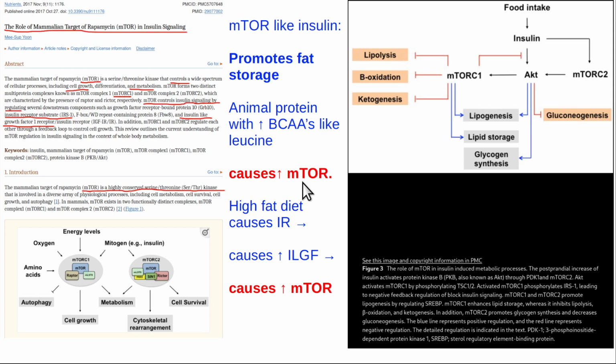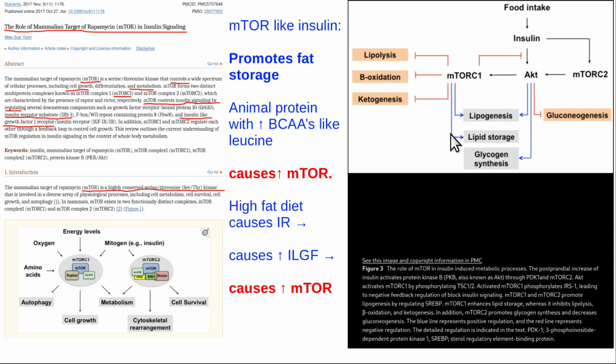But for a regular person, especially a person over 40, you don't want frequent unnecessary activation of mTOR, because it's going to accelerate cell replication, increasing your risk of dying from cancer. It's also going to increase the store of lipid. Here's mTOR type 1. We don't really care about mTOR type 2. For our purposes, mTOR type 1 is what matters. It's going to block lipolysis, meaning blocks the breakdown of fat. And the blue arrow stimulates lipogenesis, meaning the production of fat, the storage of fat.